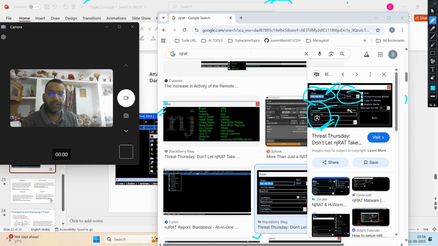I'm sorry, I believe I forgot about that. Here, we don't need a victim IP address. This is the IP address of your system and it will detect automatically. Okay, and you have to set the port. I believe the port would remain automatic. Okay, and you have to put the name only here. Okay, once you click on that,